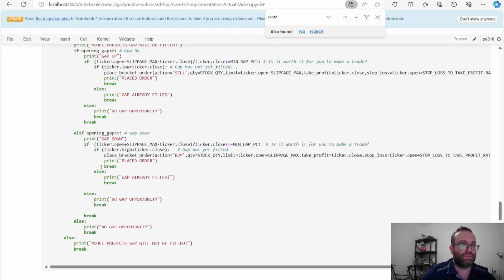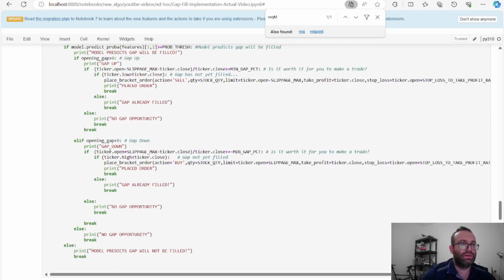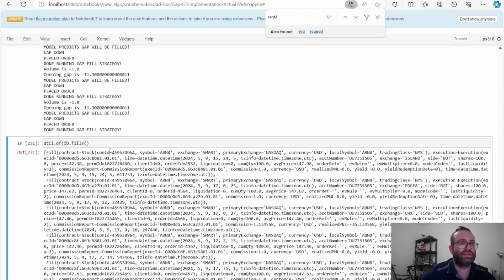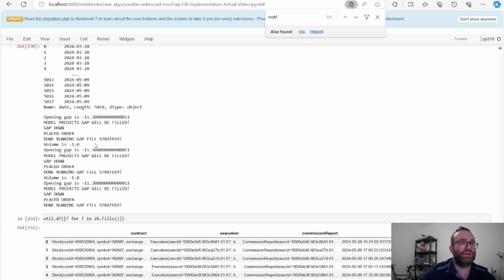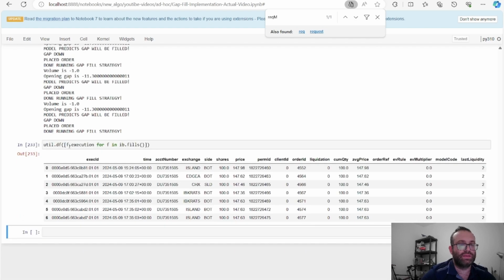This was a gap down because it's Airbnb. And you place order, break, otherwise break. I might have attached a callback twice. You've got to be very careful with this. That's why you should not use my code right now. So anyways, to look at the fills, you can do util.df(ib.fills), but we only want the fill itself, so we can do f for f in fills. It's actually good I made a mistake. I mean, not really, but you can